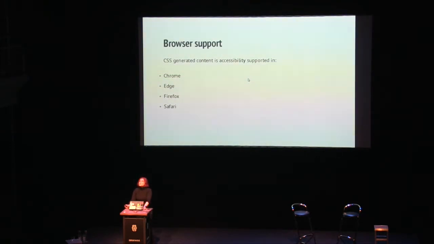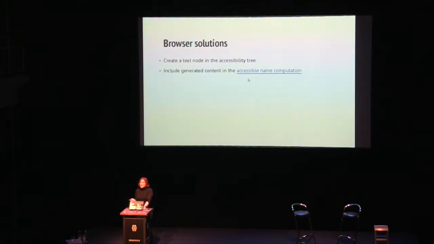But otherwise, all browsers except for Internet Explorer pretty much take care of business. And the reason that they do is that they bypass the DOM on the accessibility front. So they just add the information about the CSS-generated content straight into the accessibility tree. They all do it in slightly different ways, but the essential idea is that they add the text, in this case, as a text node within the accessibility tree, and that gets picked up as part of something called the accessible name and description computation,